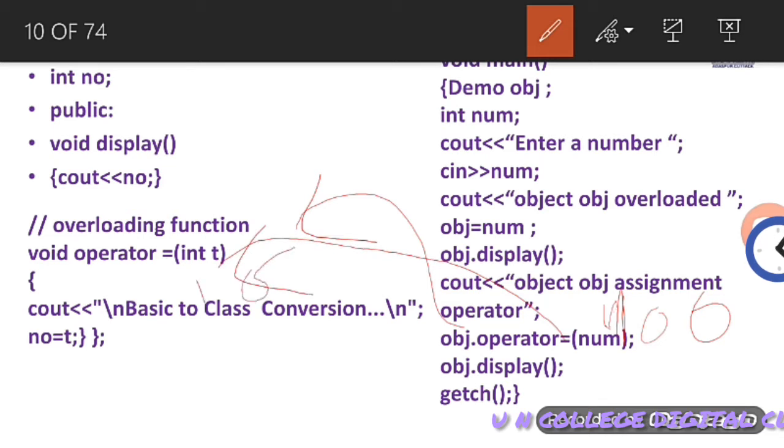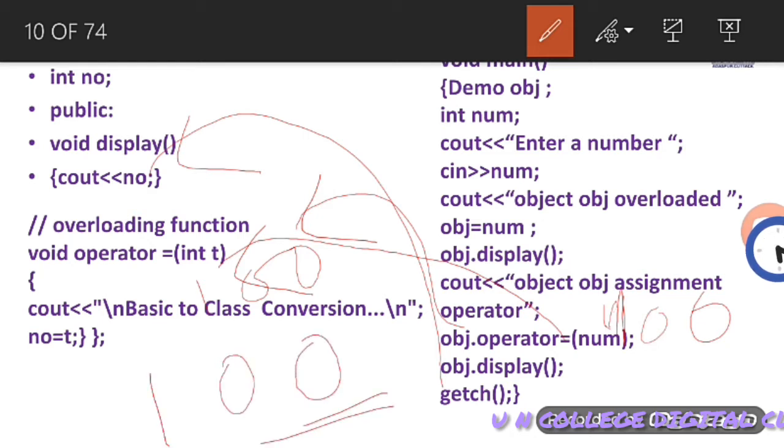Here t value will be 100, and when we call obj.display, this function will be executed and we will get output 100. You may use the same value, no problem. In that case, if you entered 20 here, you will get output 20 here and the same output 20 here.